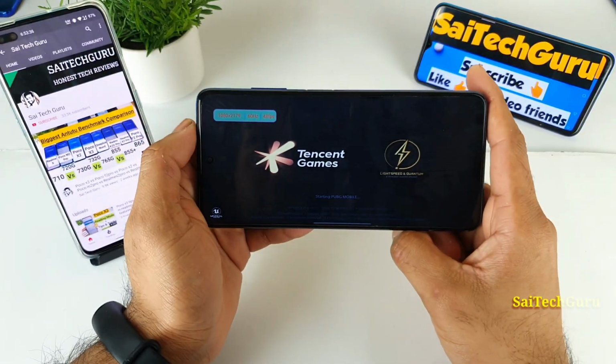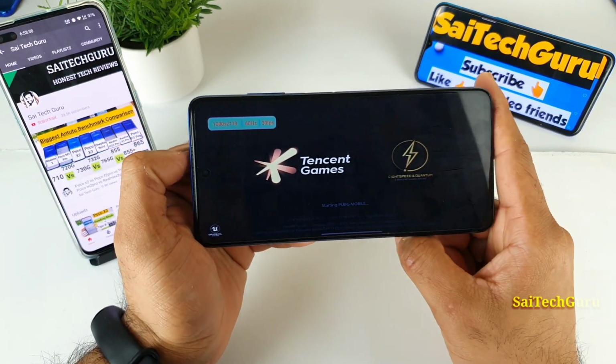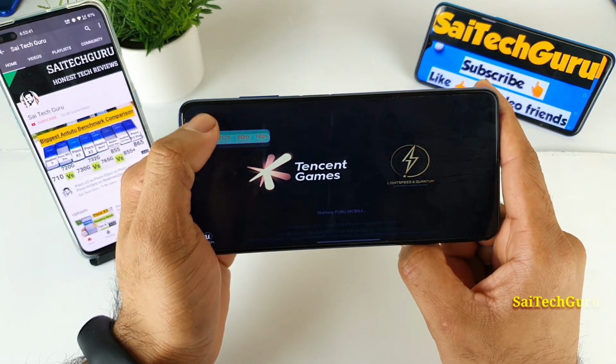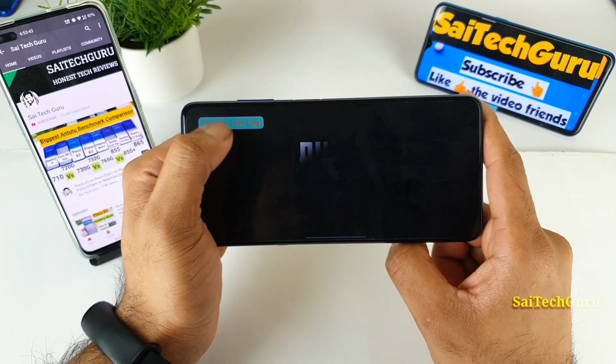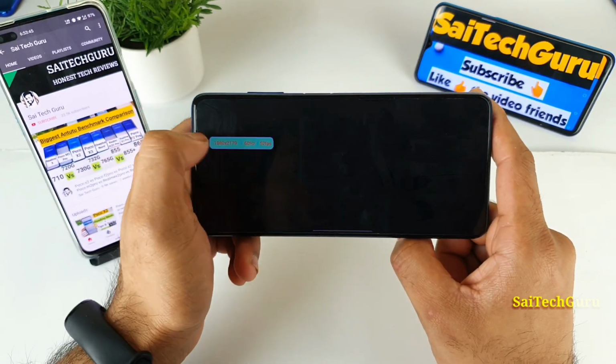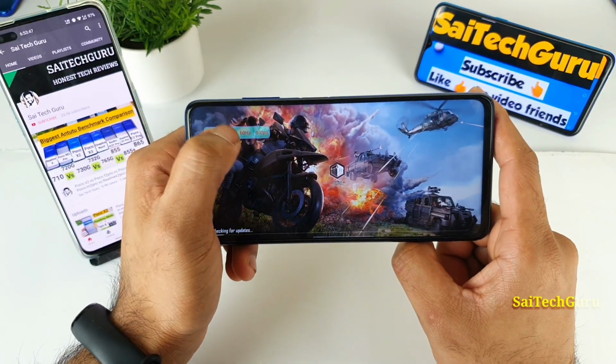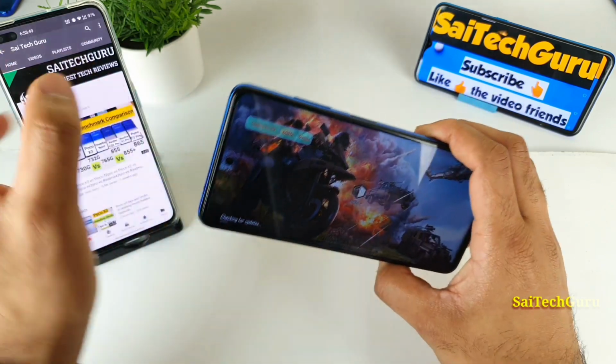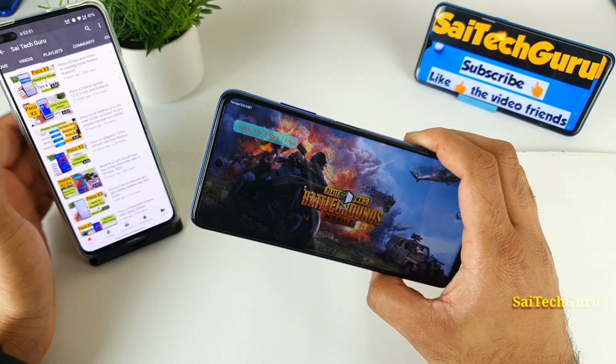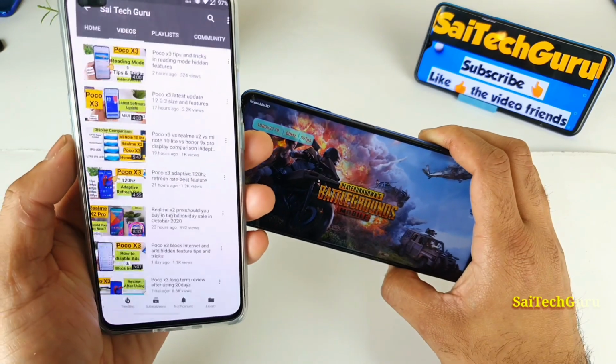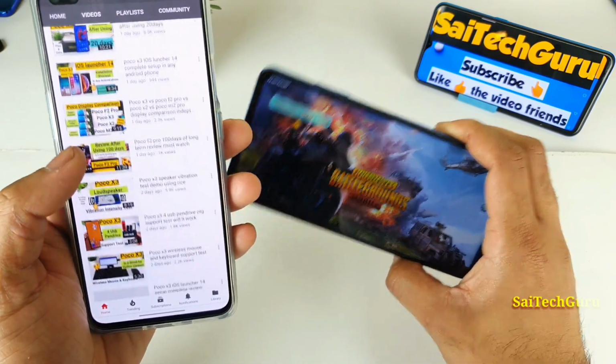Recently I received the update on the POCO X3 device, and after the update, the default FPS meter is working pretty fine without any issues. Before, there were some issues with this FPS count meter, but right now it's fixed. Try to check that update as well, in case you want to know what's going on with the latest update. You can find that interesting video.